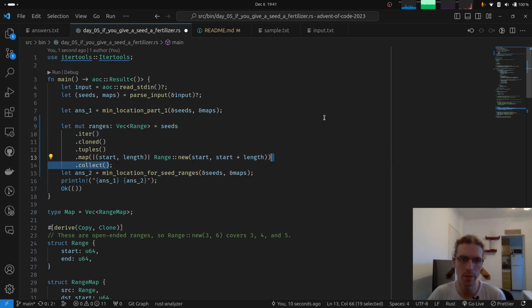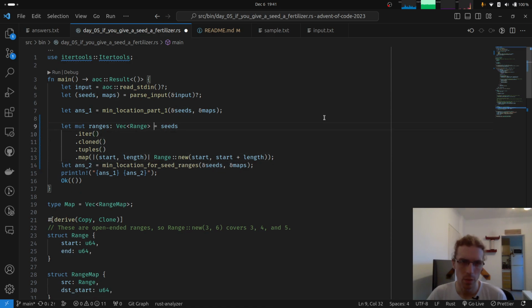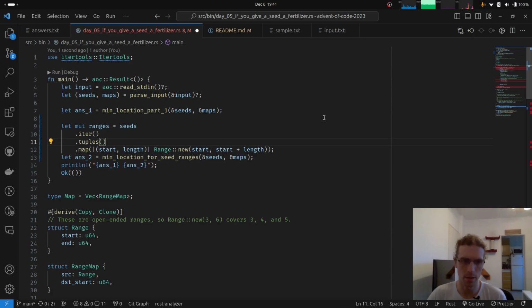And you know what? Maybe we can avoid collecting and we can just pass this. And you know what? Not even cloned. So start is this, but we can just dereference this. We were cloning before because tuples, you know, it simplified code before, but now it doesn't any longer. So this doesn't need to be mutable. We're going to move it into this function, and this,